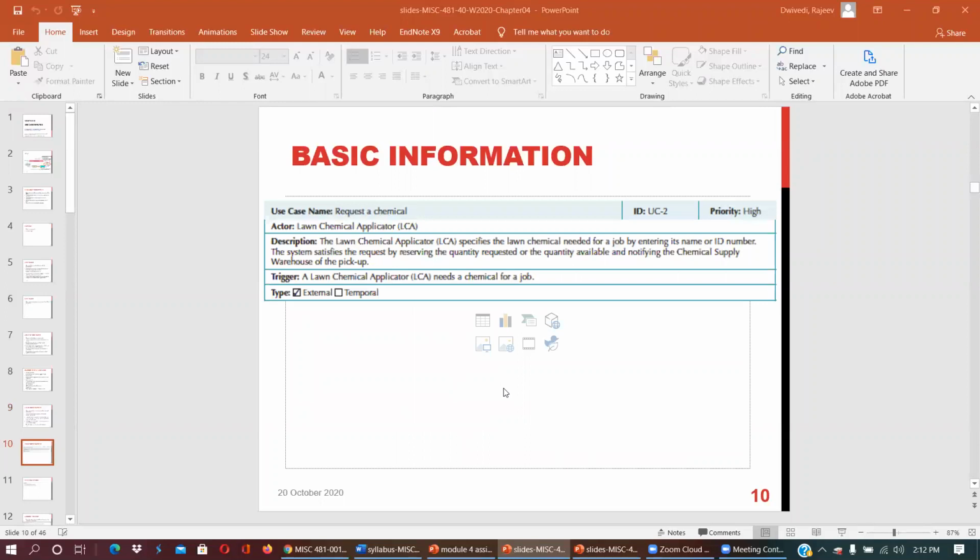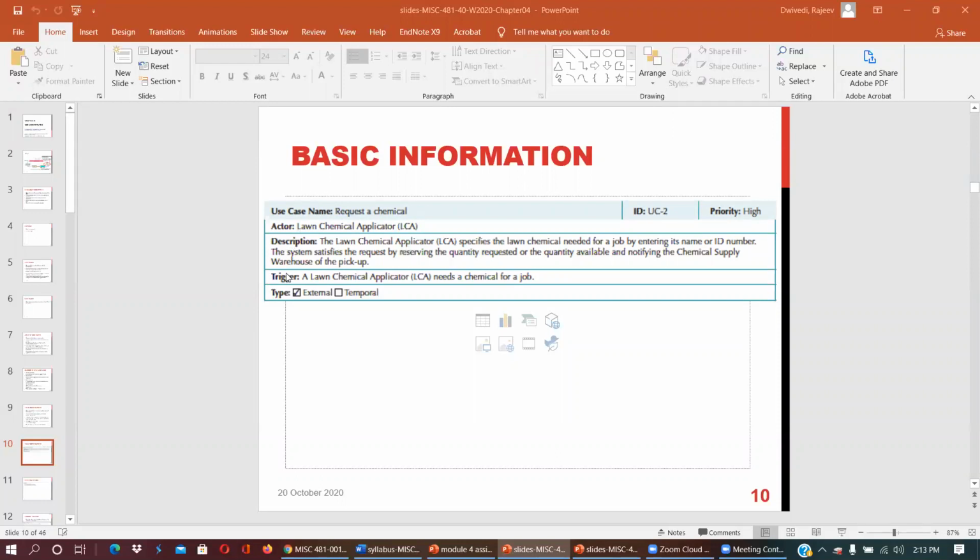Now look into the basic information right here. This is a template. You have to first put the use case name, Request a Chemical. This is the example we are going to work on here. The use case ID number is 2, and the priority is high, low, or moderate; you can decide.